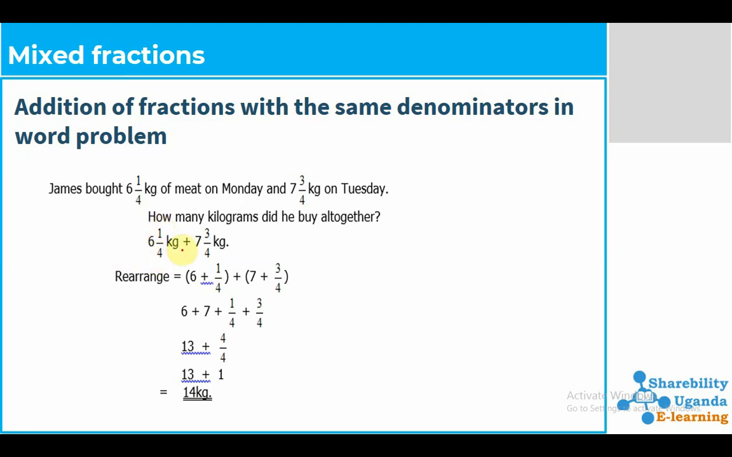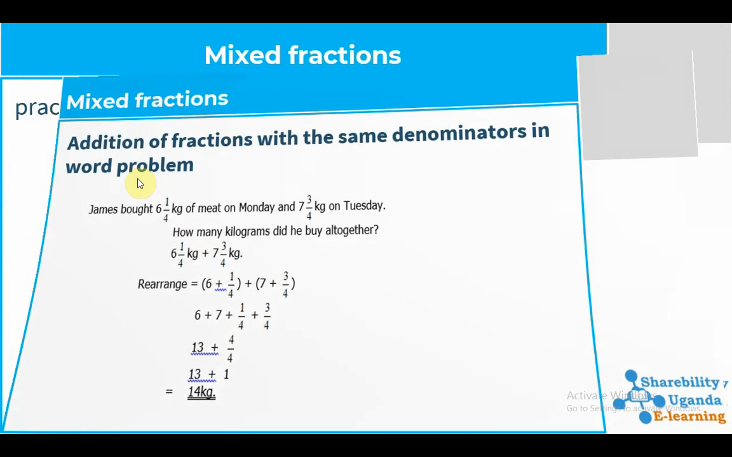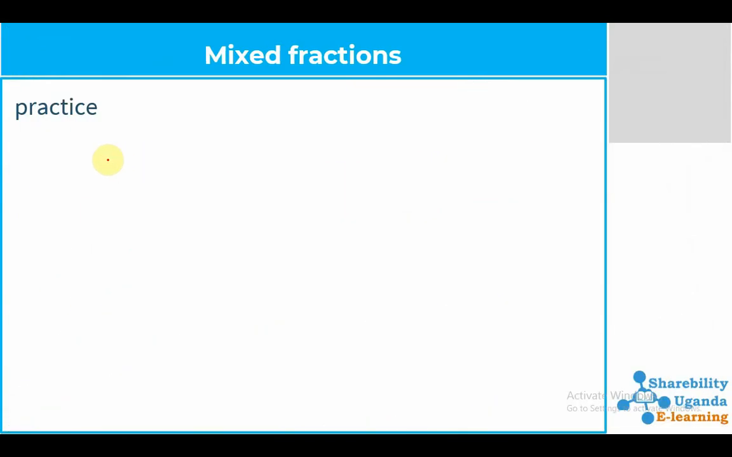6 1 out of 4. We have our 6, then 1 out of 4. 1 out of 4 is read as a quarter. And this is 7 3 out of 4. I want to use another method and see whether we can come up with the same answer. So here we are going to say this is the same